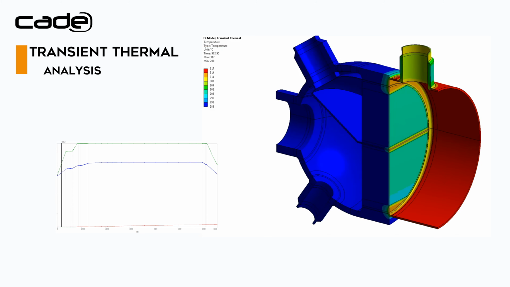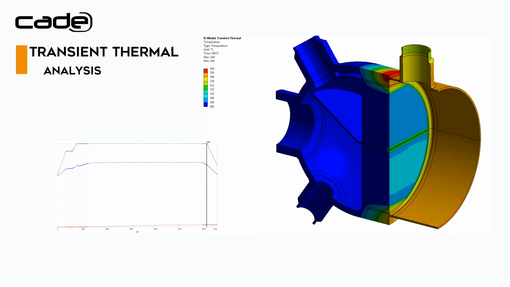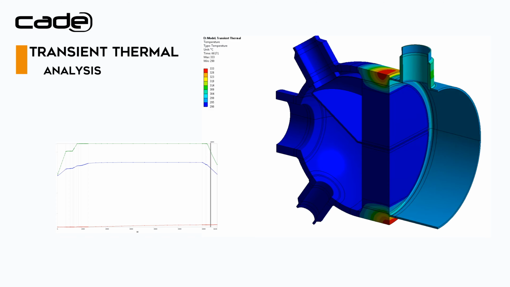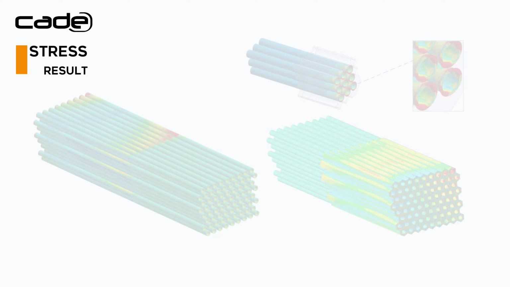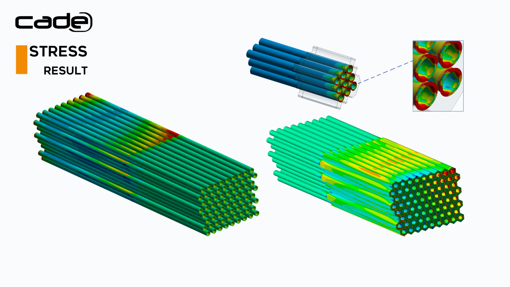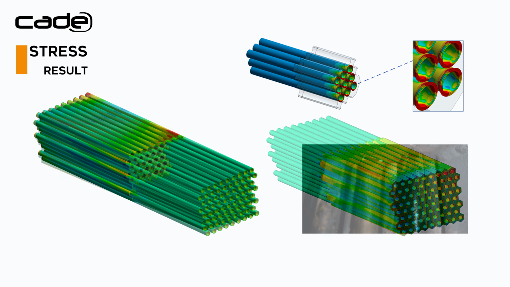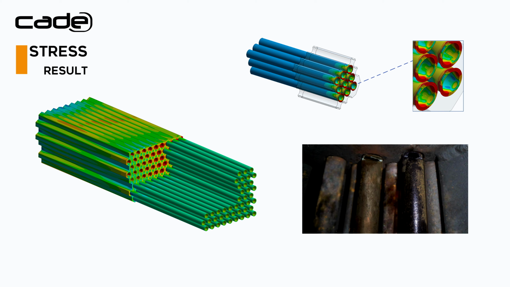Here, the temperature evolution of the tube sheet and front head area is shown along the operating cycle of a heat exchanger. In this example, the inlet fluid produces a thermal shock that can originate high thermal gradients of about 160 degrees Celsius between the tube side and the shell side. This is translated into areas of high stress concentration at the tubes, and the consequence is the appearance of small